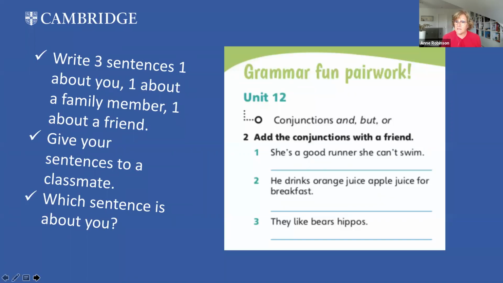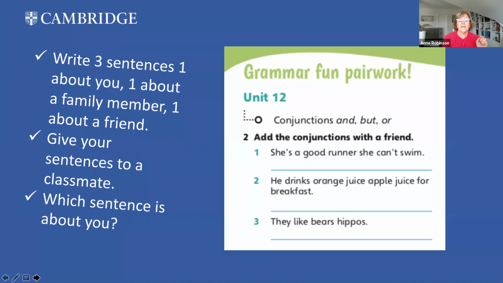Okay, another twist. Again, getting them to use the language. They write 3 sentences, but one of their sentences is about themselves. One is about someone in their family. And the third sentence, or might not necessarily be the third in order, but there are 3 sentences. One of the sentences will be about a friend. So they write their sentences, they give them to a classmate,